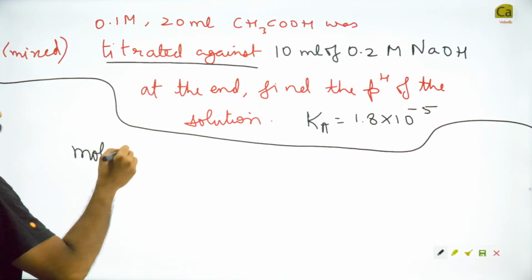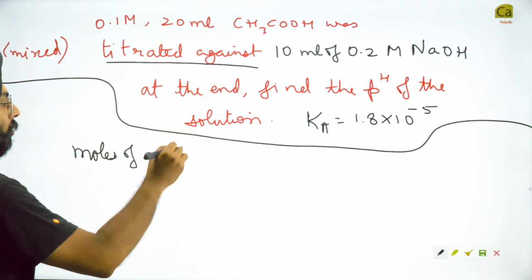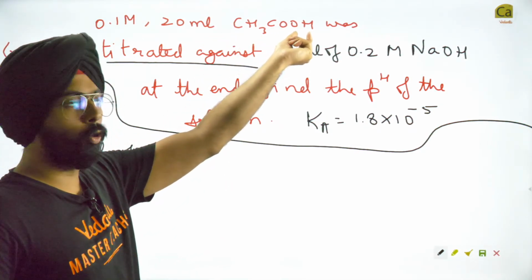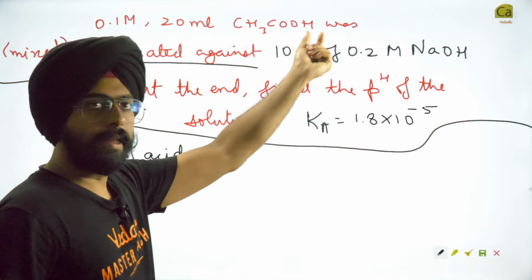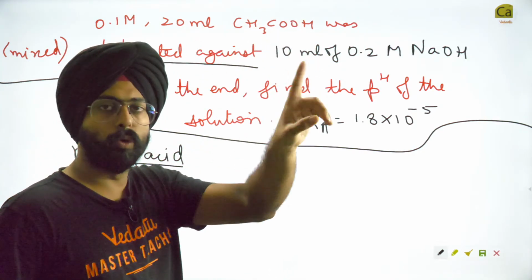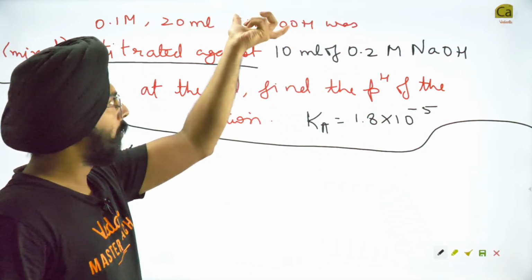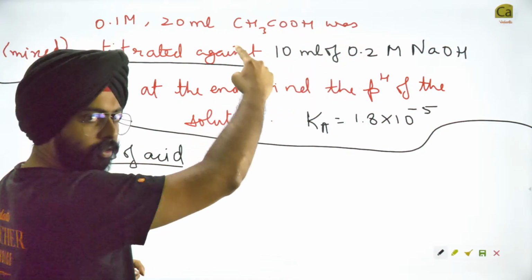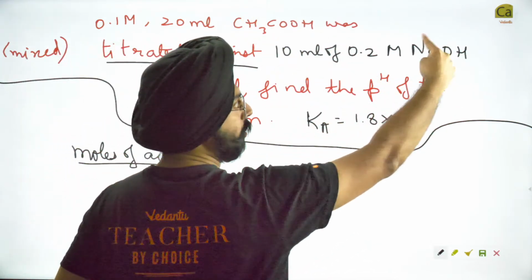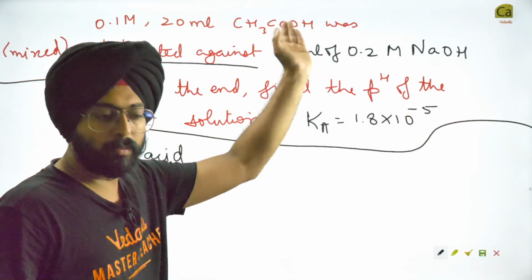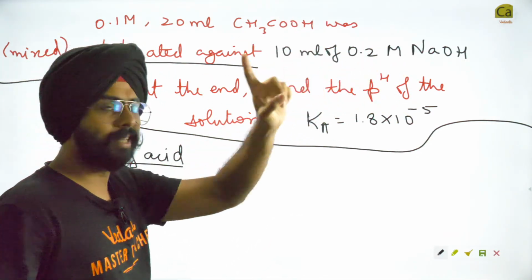Moles of acid. See, the good thing is that I've given you a simple question. This is a monoprotic acid, yes? The equivalent factor of this acid is just 1. It's going to give you only 1 mole of H positive in the solution per mole of acetic acid. So, only 1 H positive is going to come from this, and only 1 OH negative is going to come from the base. So the Z factor for both cases is 1.